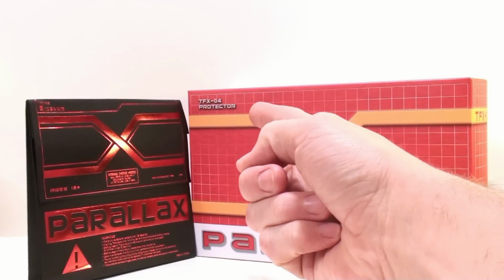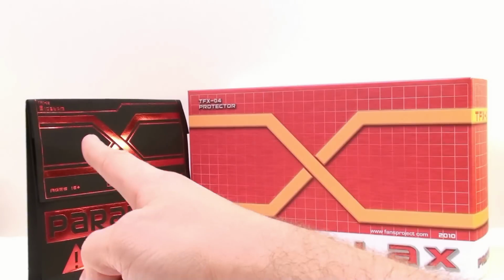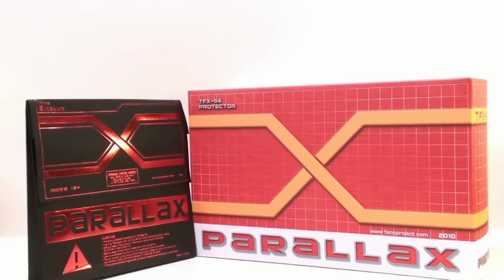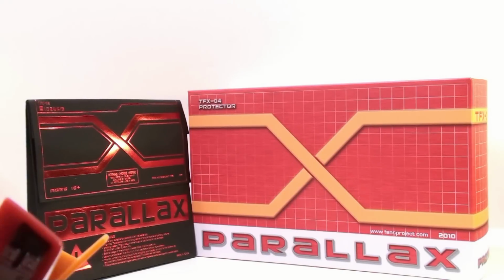That being the TFX-04 Protector and TFX-05 Sidearm. Both of these sets are designed to upgrade